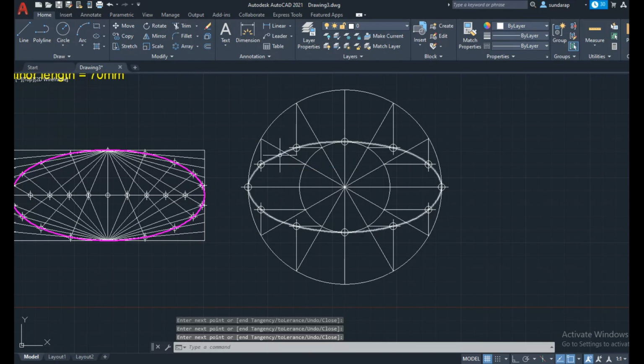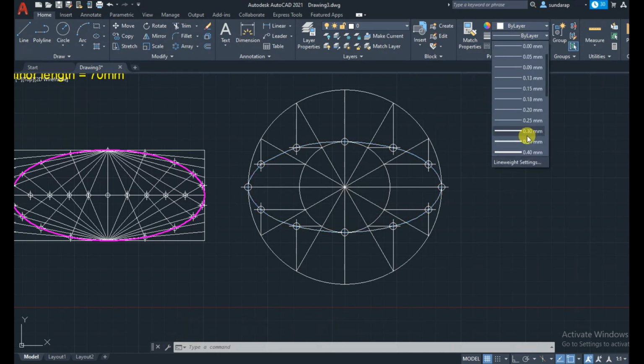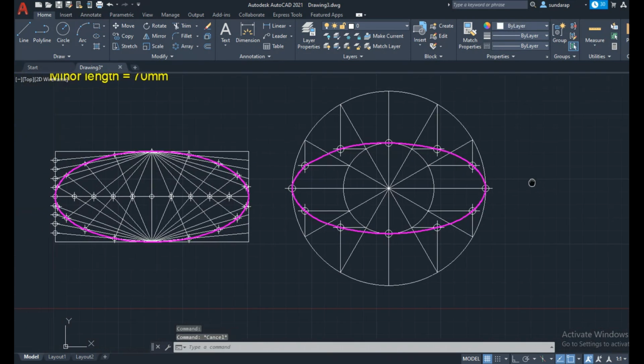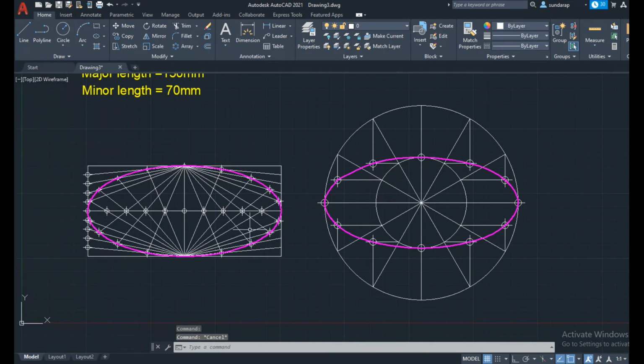Now you can see we got the smooth curved line of the ellipse. If you want, increase the line width to differentiate it, and also you can use a different color. Now you can see we got the ellipse.